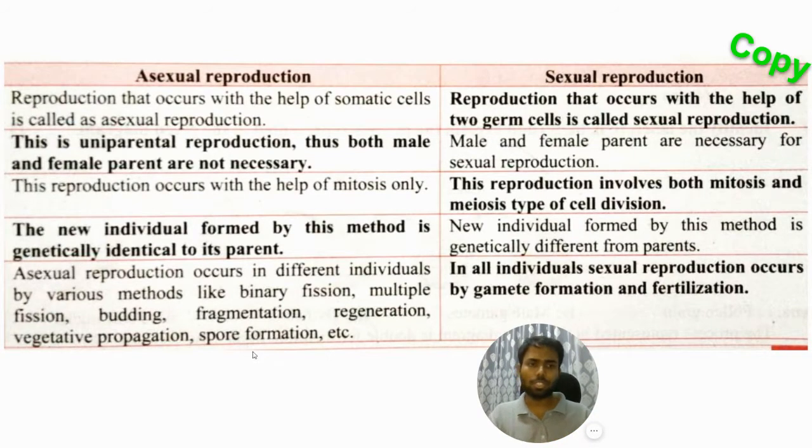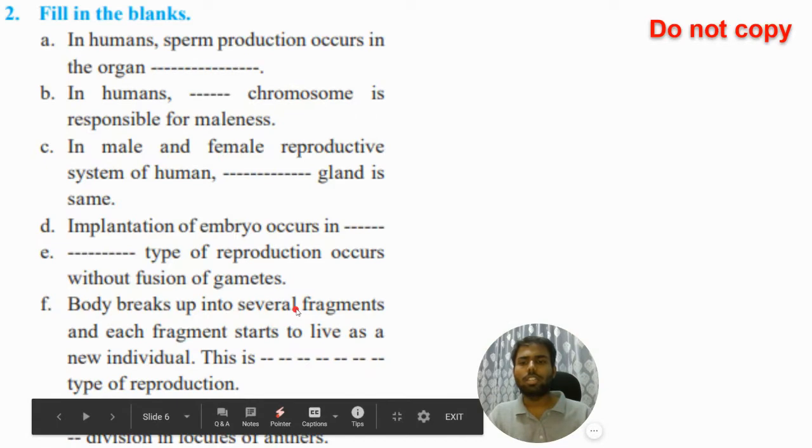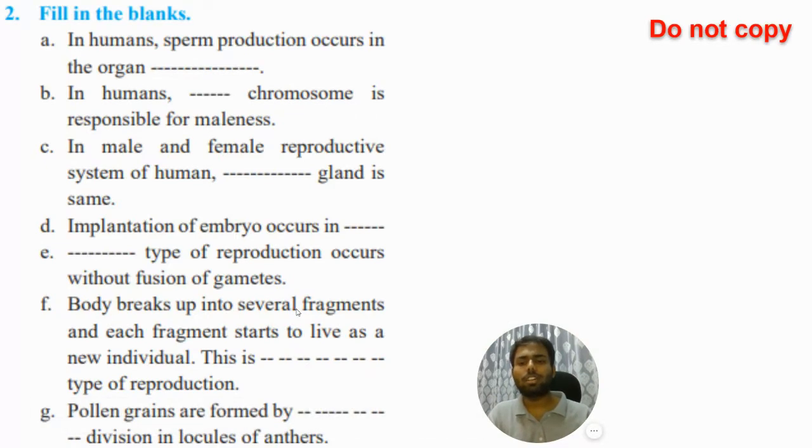Okay. So next, again, there's a question given on your page number 35. Fill in the blanks. Quickly take how much ever time you need. I'm going to wait for 5 seconds. I want you to first try to answer them all by yourself without taking the help of the textbook. But if you cannot write the answer, then take the help of the textbook and write the answers to all these questions. Okay, I'm going to wait for 5 seconds.